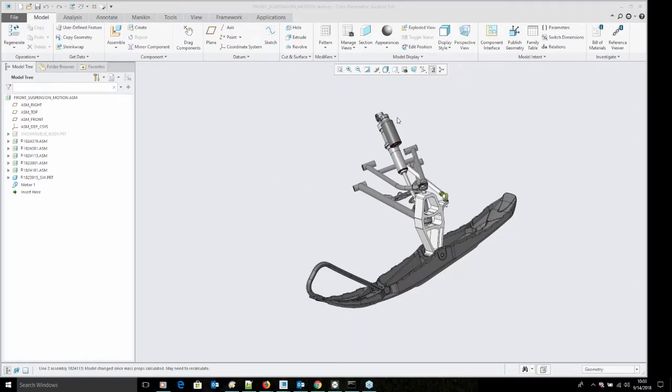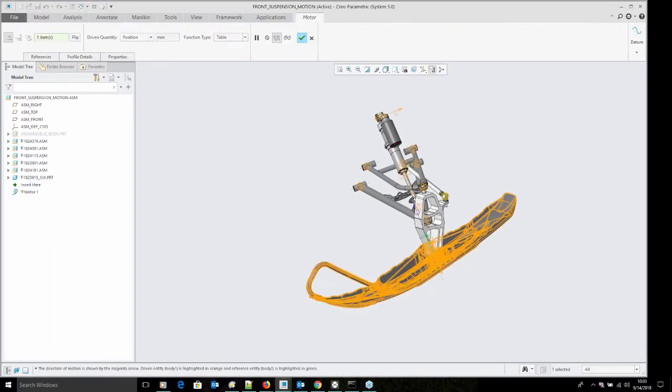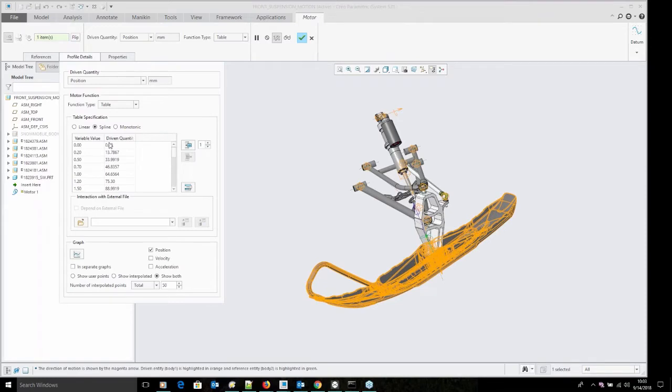So to start off with, we've got a little mechanism put together. We've got a motor here. I'm doing this in Creo 5 just as a point of reference. So we'll go ahead and take a look at our motor definition. And if we take a look at our profile details here in this case, we can see that we've made some assumptions here. We've got a table-driven